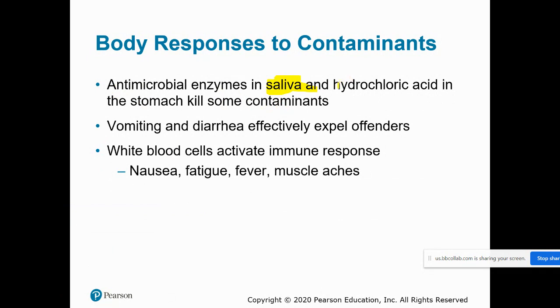If we actually swallow the food down into the stomach, you might recall we have hydrochloric acid in the stomach, and the job of hydrochloric acid is, on the one hand, we talked about it's supposed to help denature proteins so that we can digest them more completely. But the other reason we have hydrochloric acid in the stomach is actually to kill off any foreign microorganisms that might make their way all the way down into our stomach.